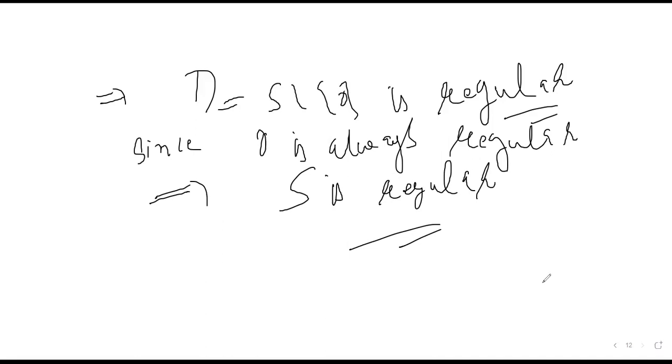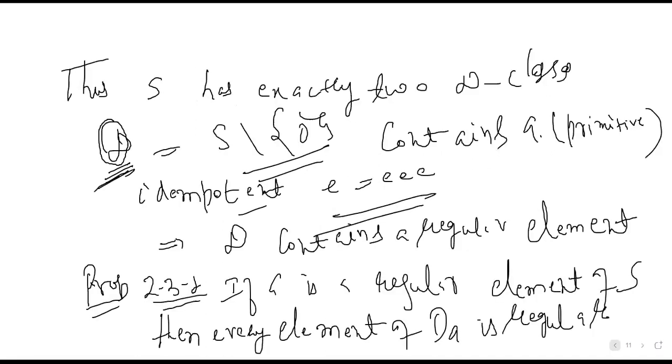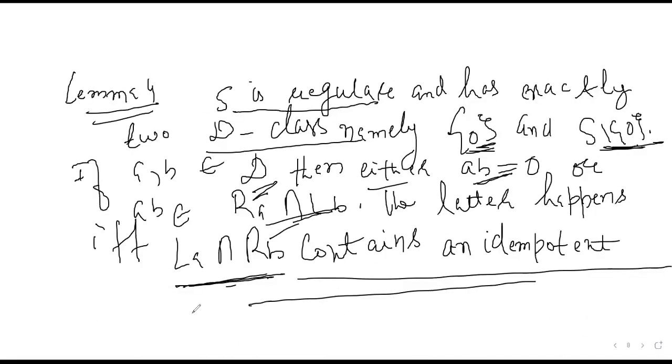तो हमने इसका ये पार्ट भी लेमा का कर दिया। ठीक है, ये पार्ट S is regular हमने ये भी कर दिया, S is regular and has exactly two D classes, ये तो पहले ही कर दिया था। अब हम ये वाला करेंगे, अगर कोई भी एलिमेंट होंगे जिनकी डी क्लासेस सेम होंगी, मतलब अगर वो D रिलेटेड होंगे तो या तो उनका प्रोडक्ट जीरो होगा या वो प्रोडक्ट R_A intersection L_B में लाइक करेगा। लेट अस सी इट।